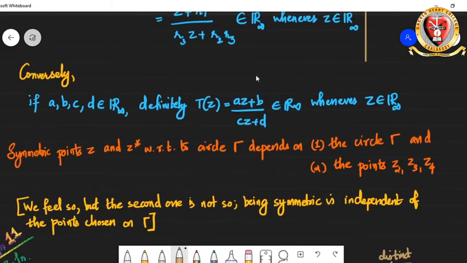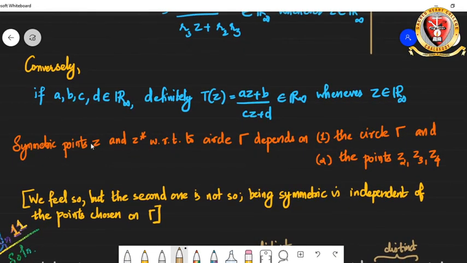And look at this note. The symmetric point z and z star with respect to the circle gamma depends on, we know that we feel that it depends on the circle gamma as well as the points z2, z3, z4. But the second point, what we feel, is actually not a dependent criterion. It is independent of the points chosen on gamma. So this can be